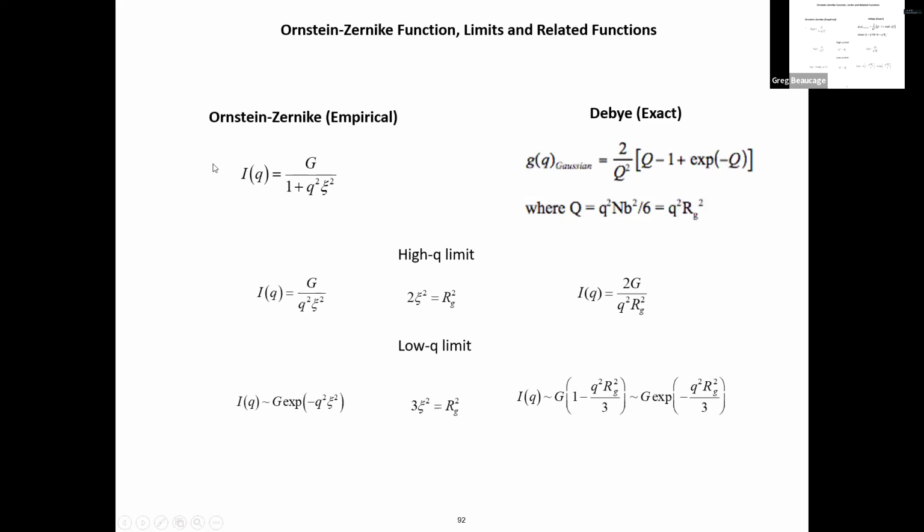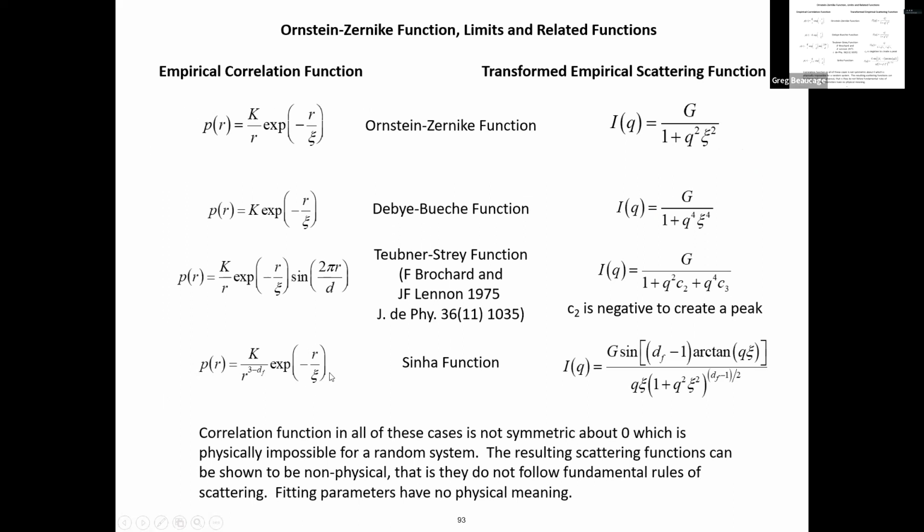If you go back to the limits and have a function that you know, you can show that these things aren't true. But it doesn't help much because they've been published and people just cite the paper and it just goes through. So basically you get these functions a lot in scattering, and once you go that route, this number doesn't mean anything. This correlation length is just some fitting parameter. You might as well do a polynomial fit. Right? You're actually better off with a polynomial fit because